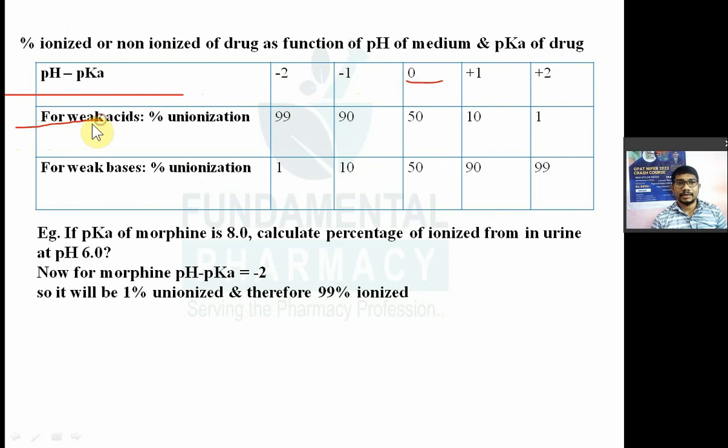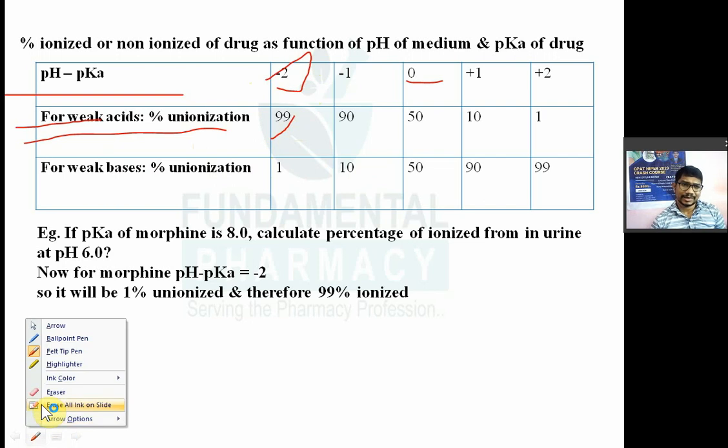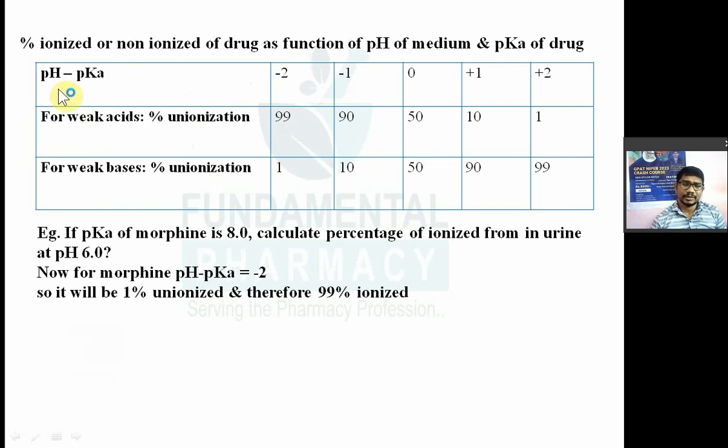इसमें और वैल्यू लिखो, कितना? 4, ठीक है, 0, +1, +2, -1, -2, pH माइनस pK, ये -2, -1, 0, उसके बाद +1, +2, ठीक है। और जहाँ -2 होता है वहाँ 99 लिखो, 99 लिख दिया आपने एसिडिक ड्रग के लिए। उसके बाद 90, उसके बाद 50, उसके बाद 10, उसके बाद 1, ये लिख दो। और वीकली बेसिक ड्रग के लिए बस ये वैल्यू अपोजिट करना है। जो 99% आपने -2 के लिए लिखा था, वो 99% आपको +2 के लिए, फिर 99, 90, 50।